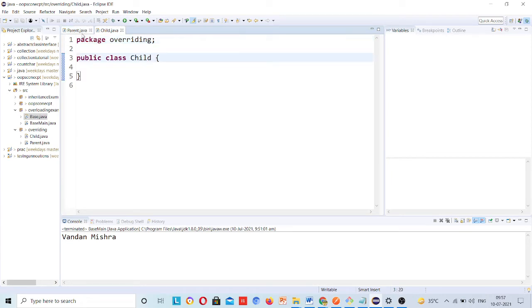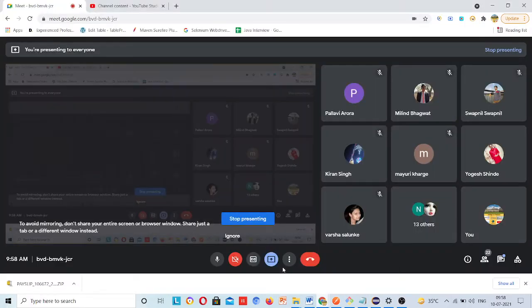So I have created two classes, one is parent and one is child. First of all we have to understand what is overriding. Suppose your father has developed something and you are not satisfied with it, and you want to modify that thing.